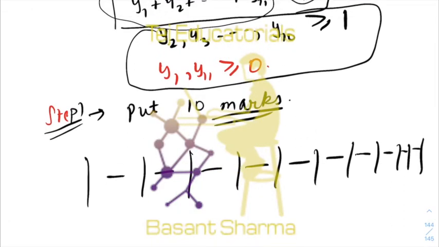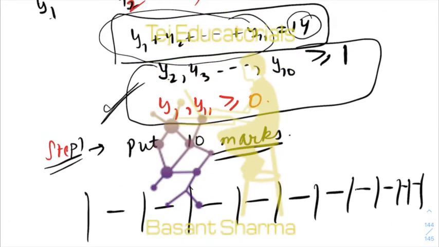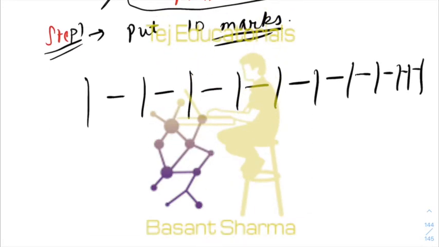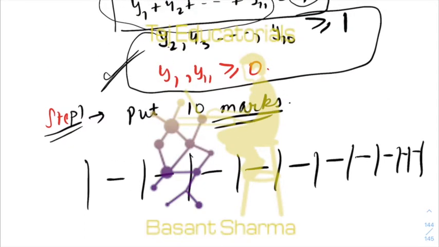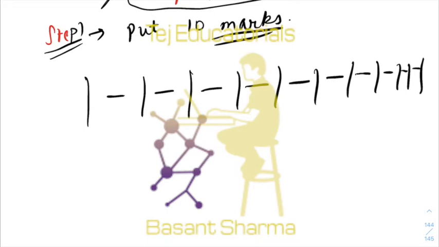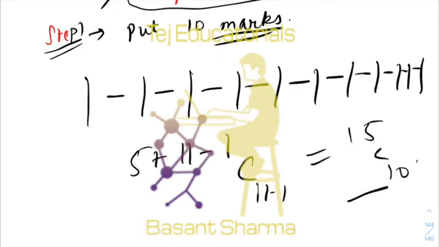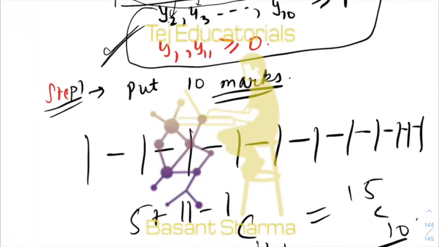The number of solutions to this equation subject to this condition you can easily find out. y2 to y10, so there are 9 people who require at least one. If you give one object each to y2, y3 till y10, then 5 objects are remaining. Those 5 objects you can distribute amongst 11 persons in arbitrary ways. So your number of solutions will be (5 plus 11 minus 1) C (11 minus 1), which is nothing but 15C10. I hope this is clear, why I got 15C10 as the number of solutions.